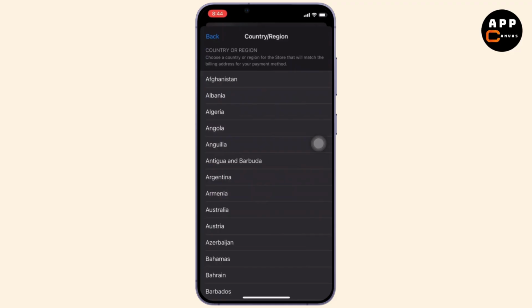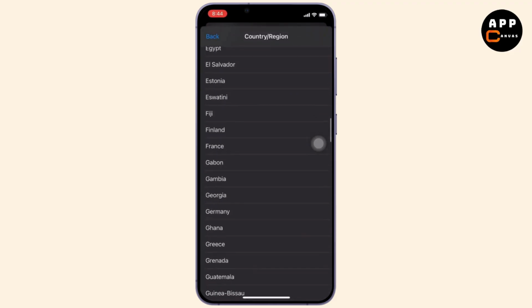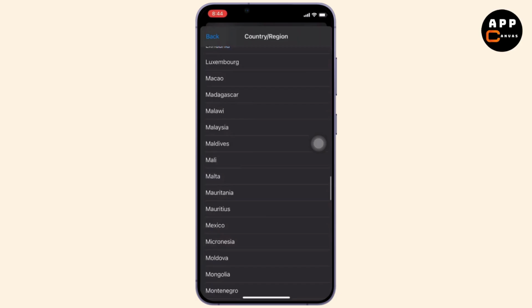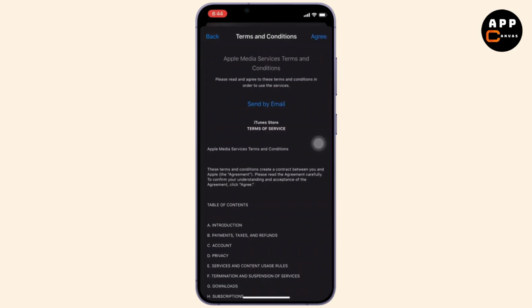I will select the option of change country or region, and now I'll select for my country, and here I'm searching for the country, and here I'll choose for my country, and after that we'll get to see that there's terms and condition, will agree on it,